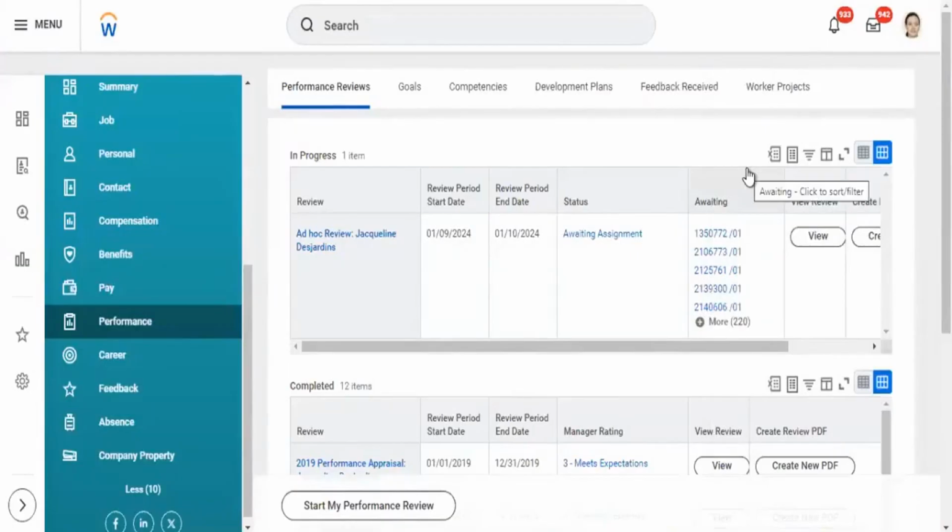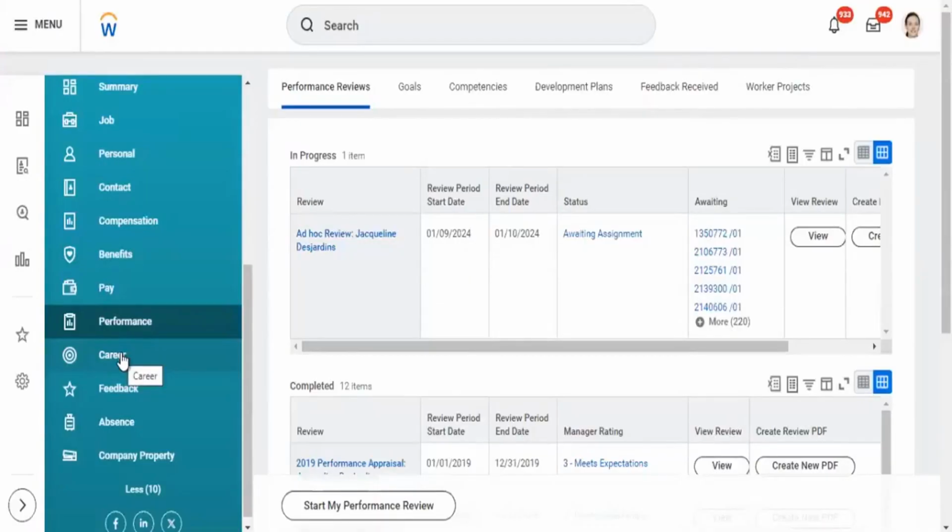She's an engineer with access to all the modules of Workday. She's able to access learning, performance, benefits, payroll, core HR, everything.